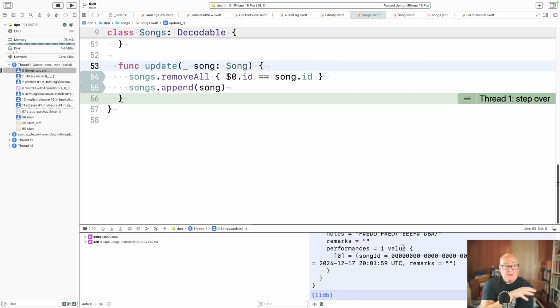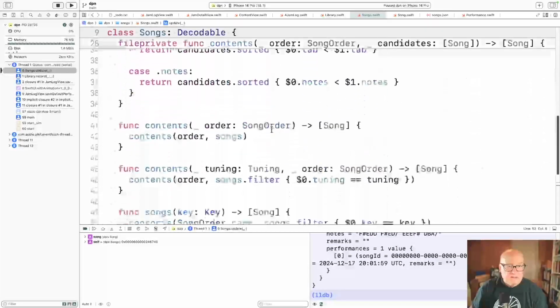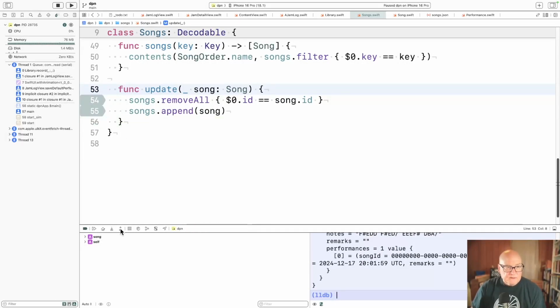Okay, so waterbound, we clicked add instantly, add quickly. It created a new instance of waterbound with the performance attached, and it appears to have updated that in the songs class. All right, so I'm puzzled. Let's go out.